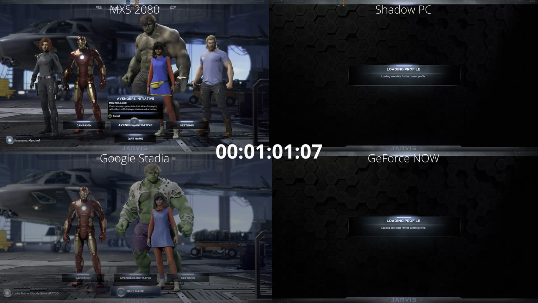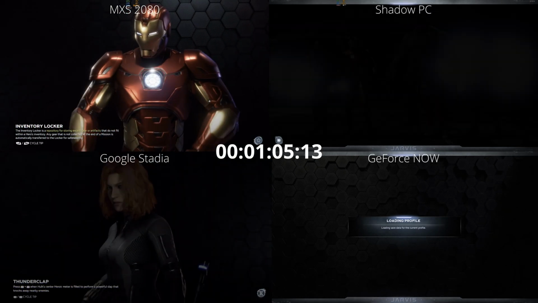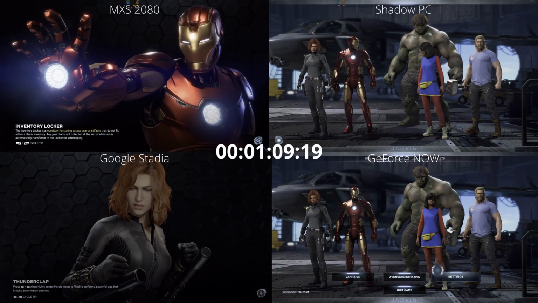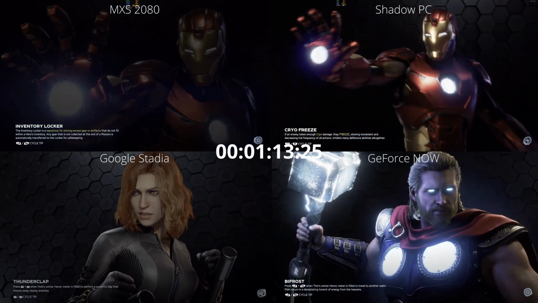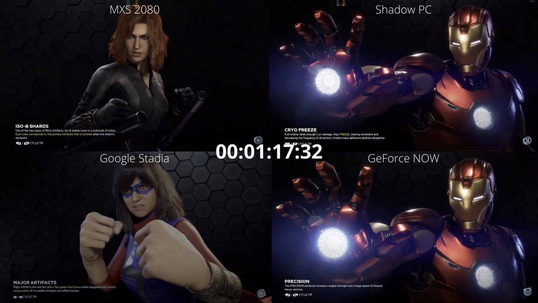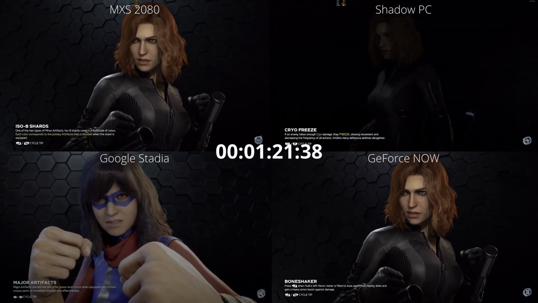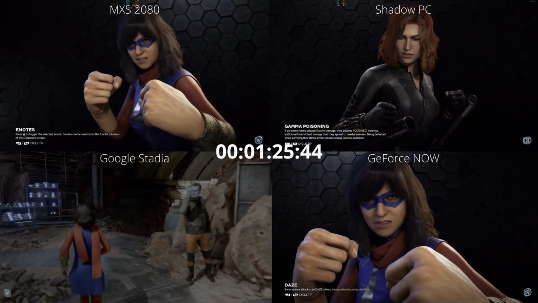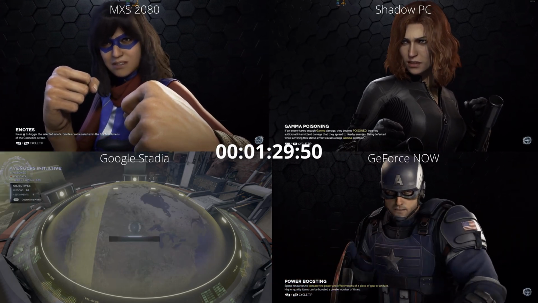And to the main title screen there in just under a minute for both Google Stadia and maximum settings. Shadow following at 1 minute 6 there, and GeForce NOW just getting in at 1:10. But what you may notice is that GeForce NOW is actually running at 2.5 times the speed of everything else. You may not notice that here, but you will see it a little bit more apparent on the waiting screen. So Google Stadia has managed to keep that less than 1 minute click to play to the main title screen,